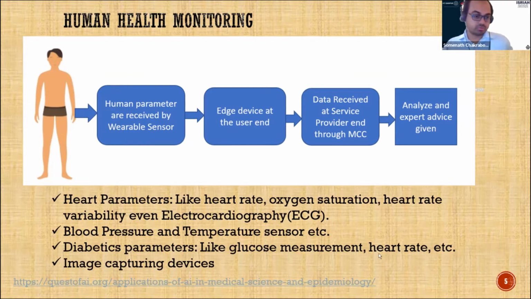So these are the heart parameters. All we know: electrocardiography, ECG, heart rate, and oxygen saturation. These are easily monitored nowadays. Blood pressure and temperature sensors, even diabetic parameters like glucose measurement and heart rate, and today's technology is already available